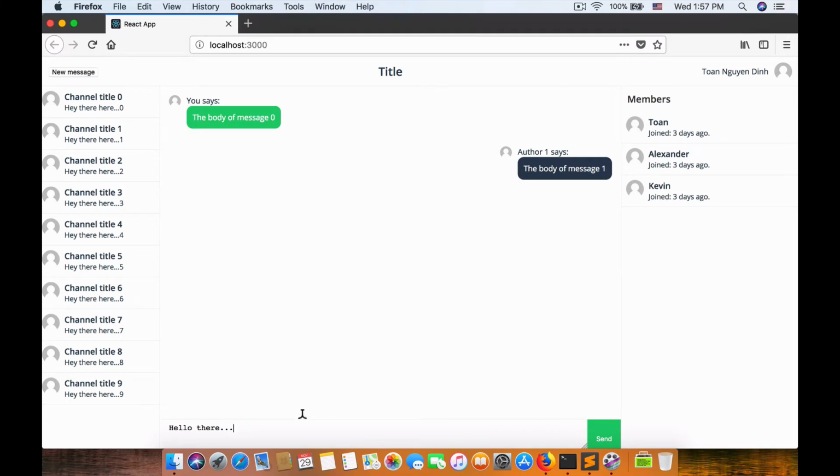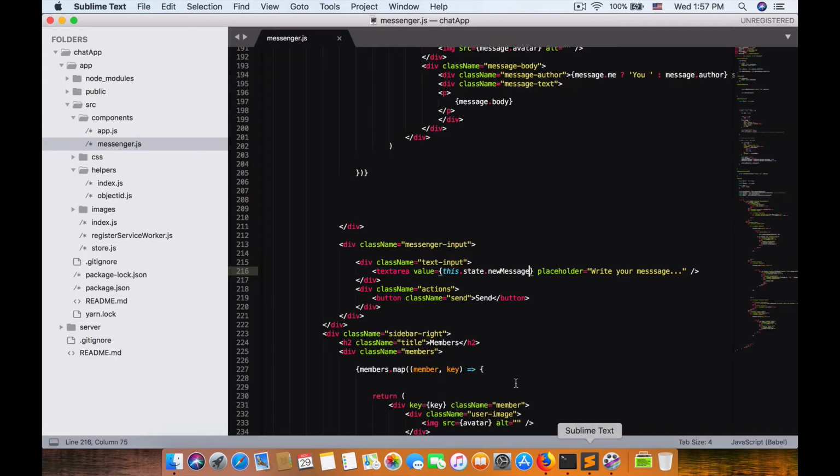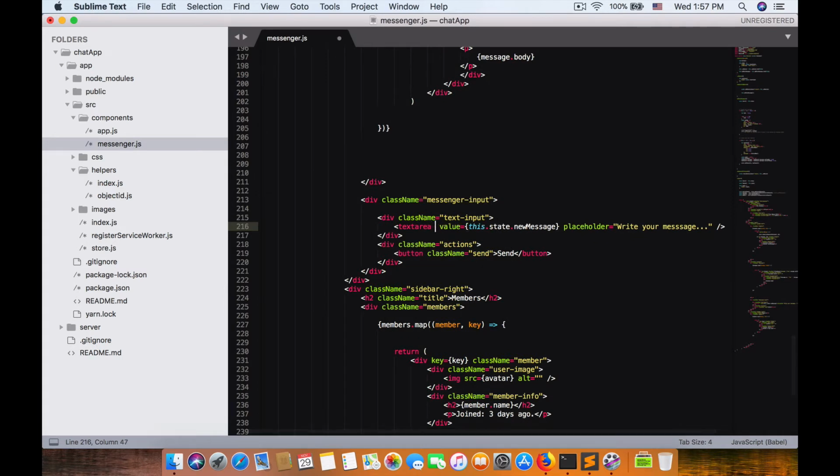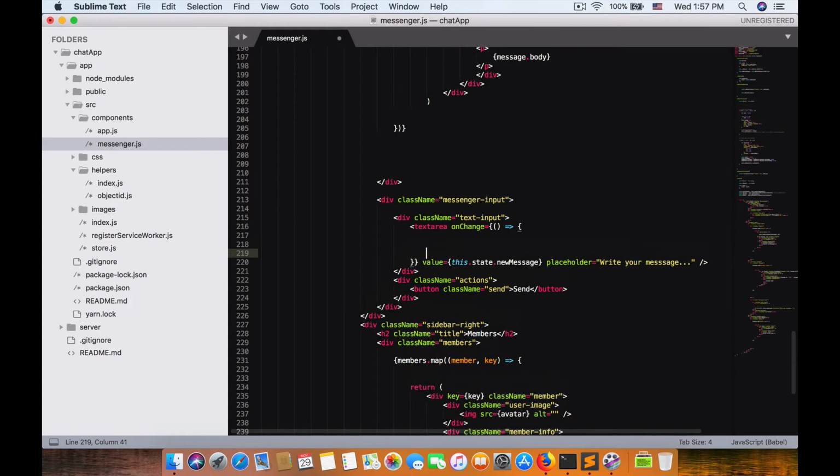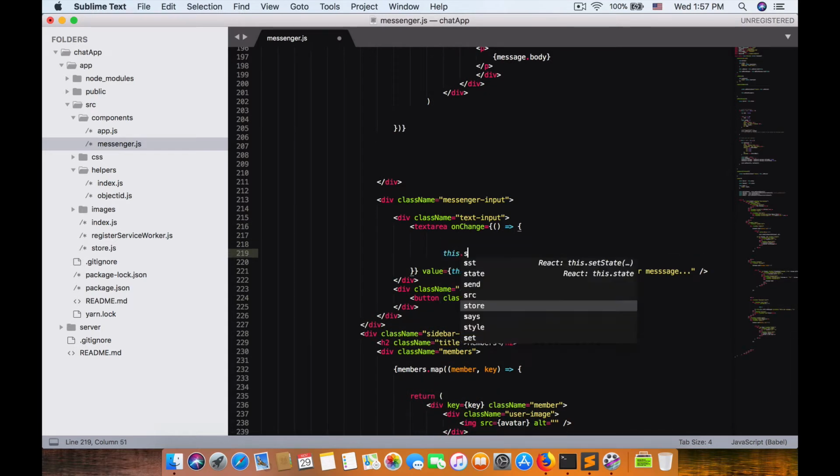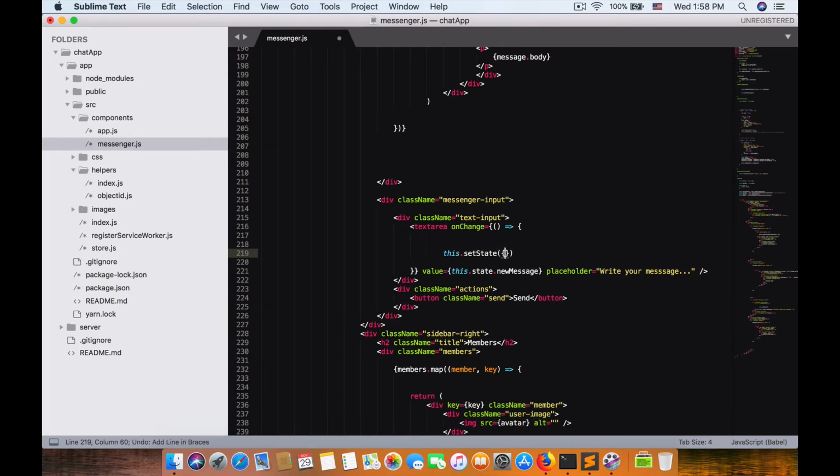And I want to show you one thing. Now I'm typing on my keyboard, and you can see the text in the text area doesn't change. It keeps "hello there" with 3 dots from the state. So we have to listen to the event onChange. Here we call this.setState to set newMethod equal